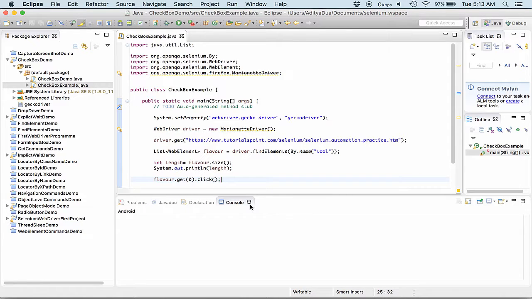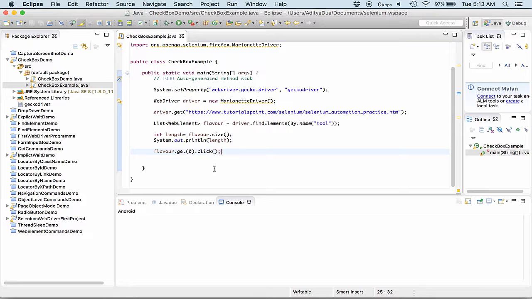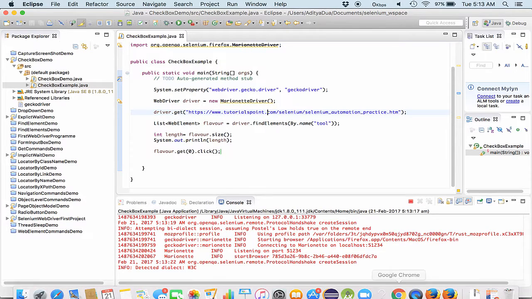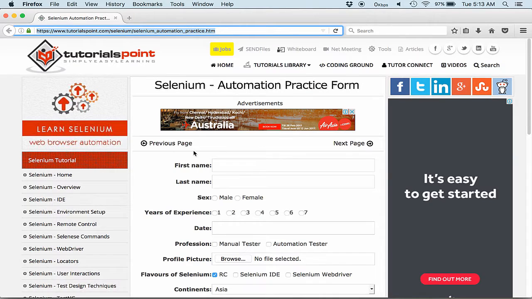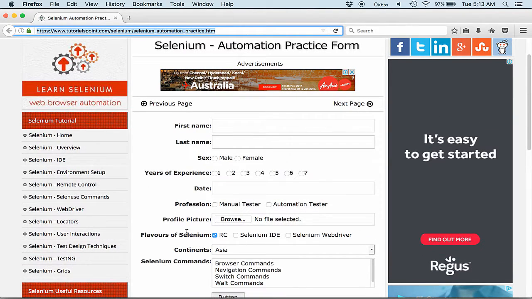This should actually select the very first position, or the very first element in the list, that is tools, right? So now let's play this once and see how it behaves. So the browser is getting started. Yes, the browser has started. If you look at it carefully, RC has been selected,